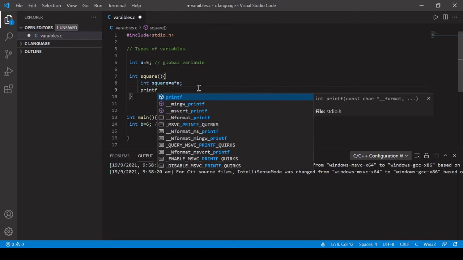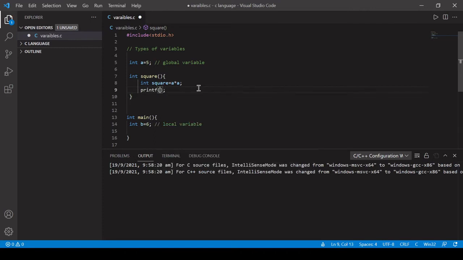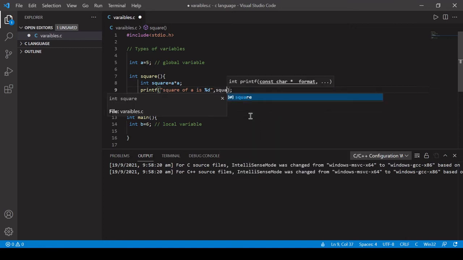So we can see whether this global variable can be used in this function or not. Square of a is percentage d, as I had said, percentage d is used for integer, comma square.